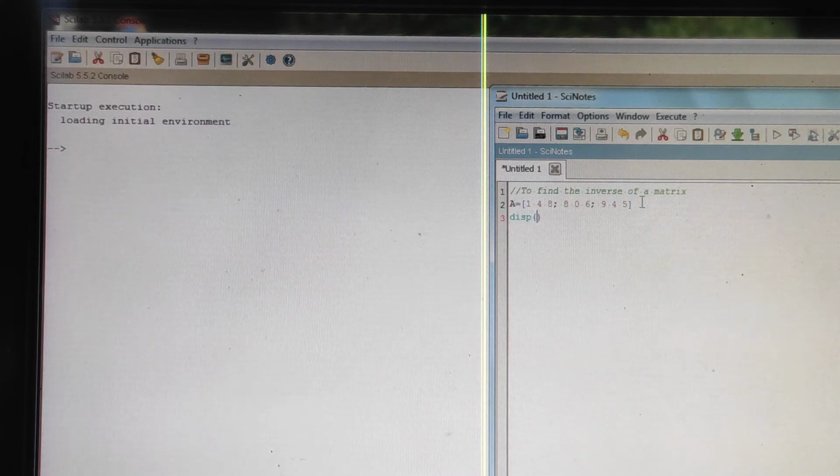Okay. So display, put a bracket. Okay, then the command for inverse is inv. Okay, inv for inverse, then put a bracket. Clear? Capital A, then another bracket should be there, close bracket.